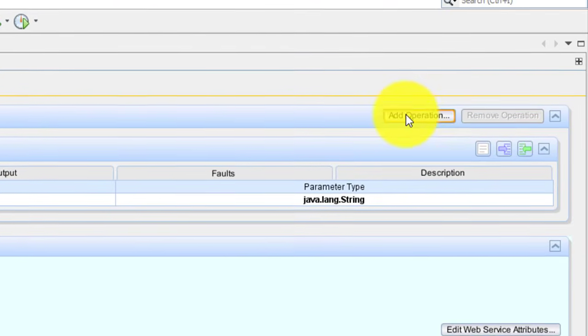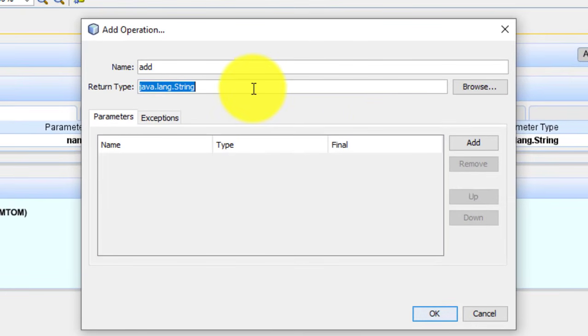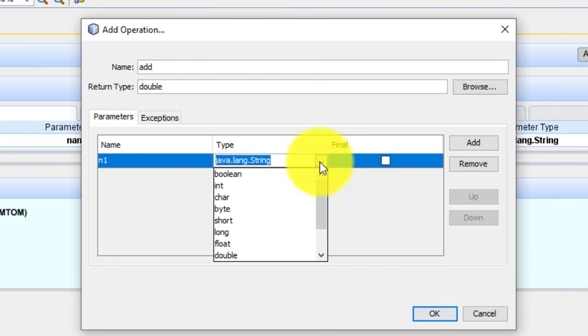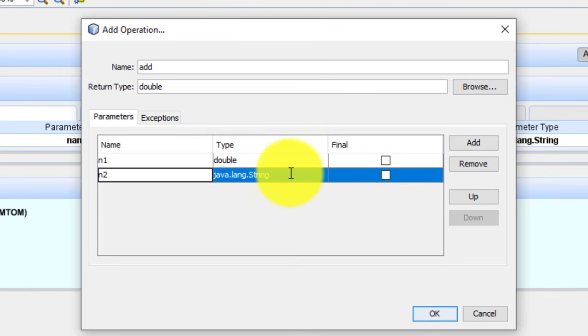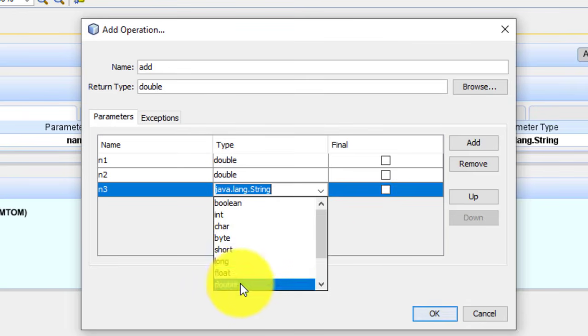Now we add an operation. This is my add operation. For the return type, you can give any return type. I am giving double. Then this will add 3 numbers. So first I will take n1 as double, n2, again the data type is double, and n3, data type double.